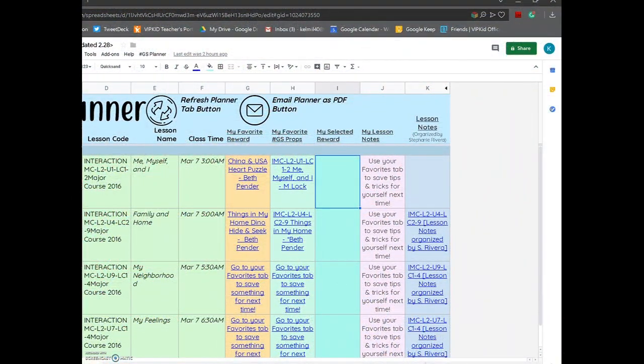So let's talk about time-saving tips. Most of you have heard of the Google Slides Planner and may be using it in your classroom currently. But if you aren't, you need to head over to the Facebook group, Google Slides. Get in there and get this planner. It is amazing. So what you're going to do, once the planner is open, my time-saving tip is to use